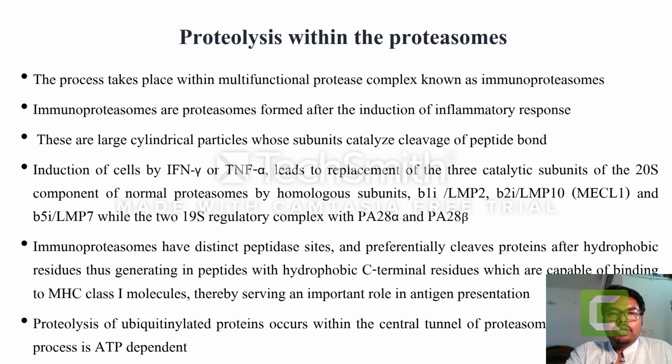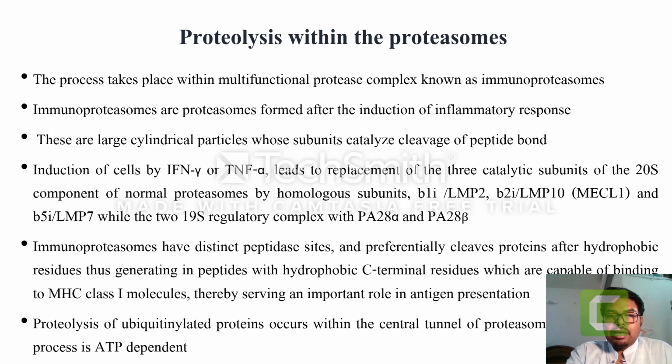Now let us discuss the processing of endogenous antigens. The processing of endogenous antigens takes place within multifunctional protease complexes, which are known as immunoproteasomes. These immunoproteasomes are proteasomes which are formed after induction by the inflammatory response. The normal version of proteasomes, which the cells usually have, are called constitutive proteasomes. These constitutive proteasomes are responsible for maintaining the normal turnover of cellular proteins. The level of protein within the cell is strictly regulated. That is to say, proteins are expressed and maintained only when they are required. Otherwise, the expression is switched off and the cellular proteins are degraded by the